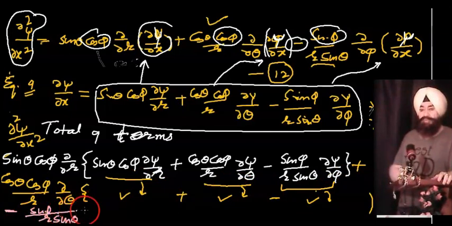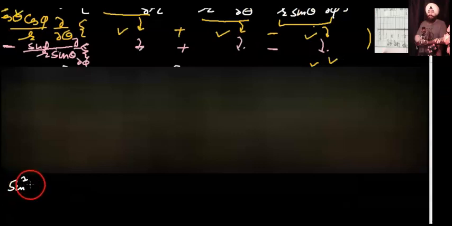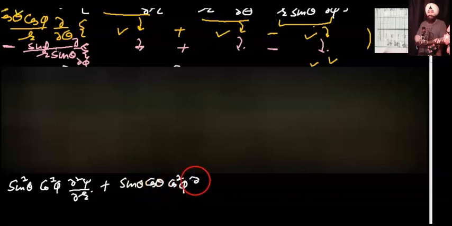So total terms become 9. Okay, now just see how the operator operates on the terms, and some factors come outside the operator which are constant,